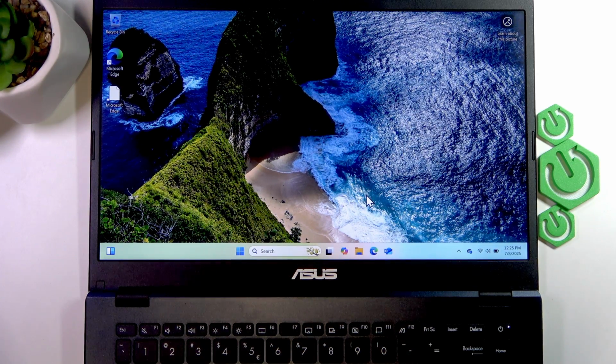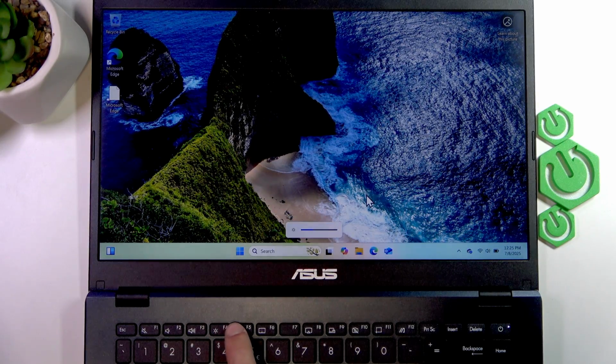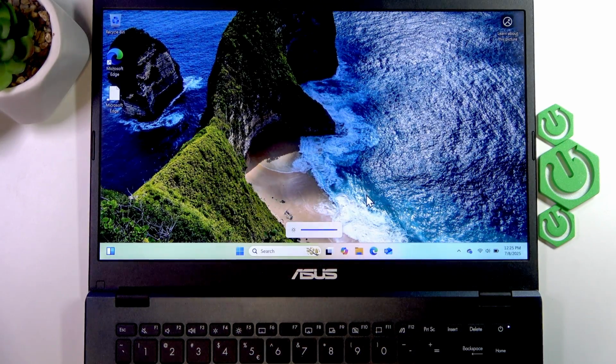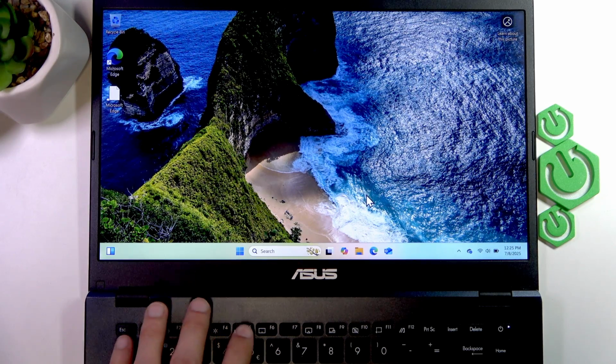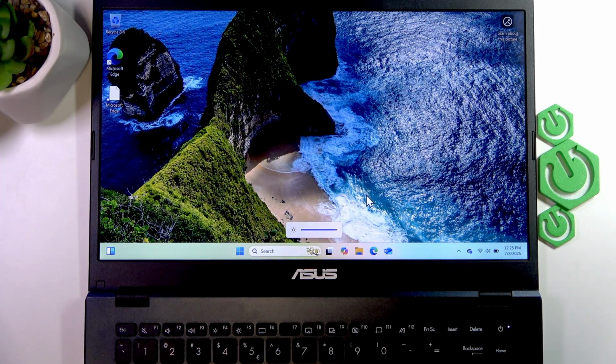And if you want to do this more conveniently, you can use F4 button to decrease the display brightness and F5 to increase it. Now if these buttons don't do anything for you, then you should take a look at